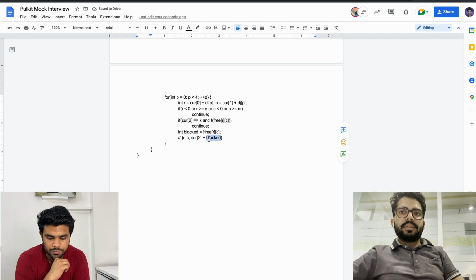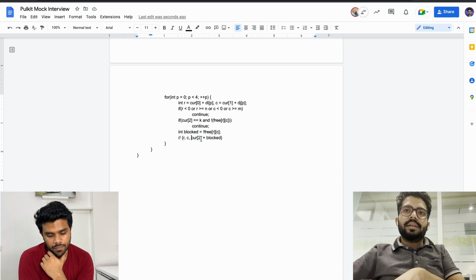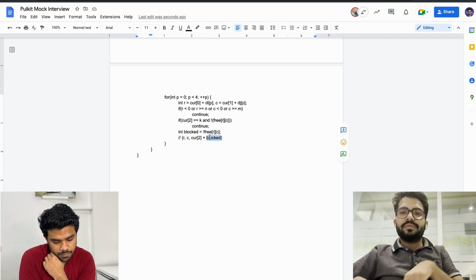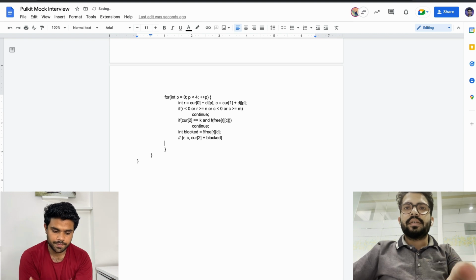The thing is that if blocked is 0, we will be blocking current of 2 number of cells only after reaching the new state. But if the r, c is blocked, one more would have been unblocked. So this is the state we will be reaching.